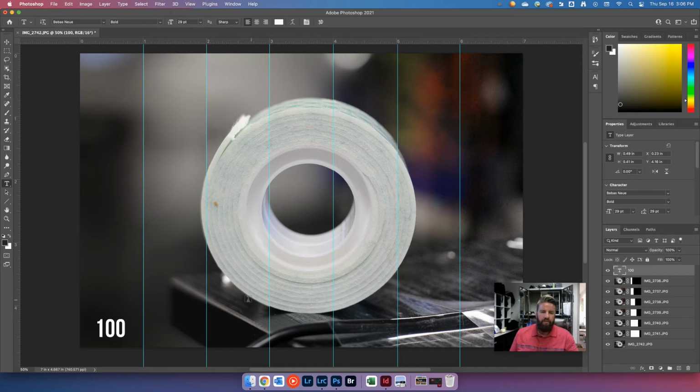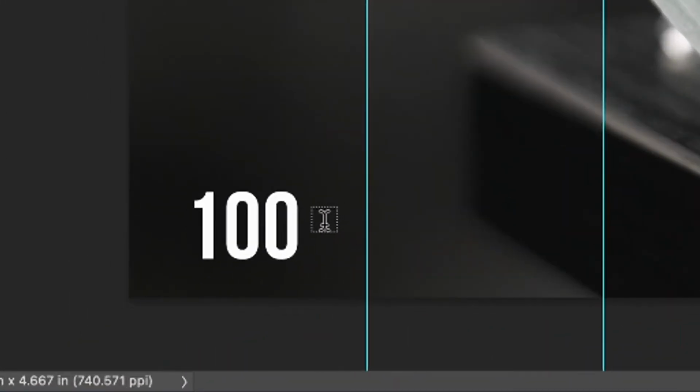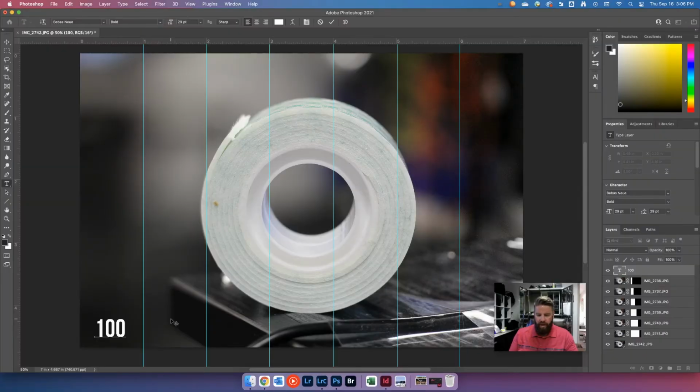I'm going to bring my text cursor back over here, and I need to reactivate this text. So watch my cursor. As I move it closer to the text, it will change into that right there. See how those dotted boxes went away, those dotted lines around the cursor? That means I can now edit text that already exists. So I'm just going to put it right at the end of that 100 and click, and I'm just going to space over, and I'll just eyeball this and go 200, and that looks pretty good. I'm just going to space through here 400,